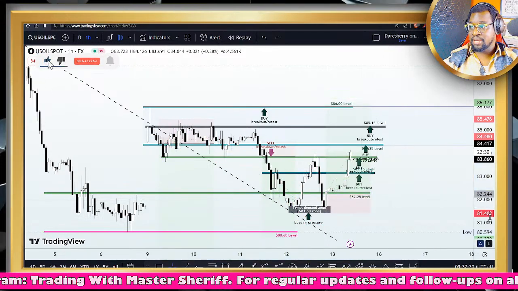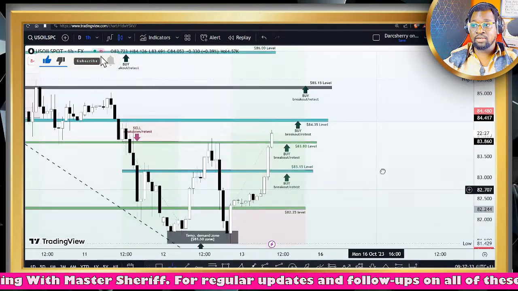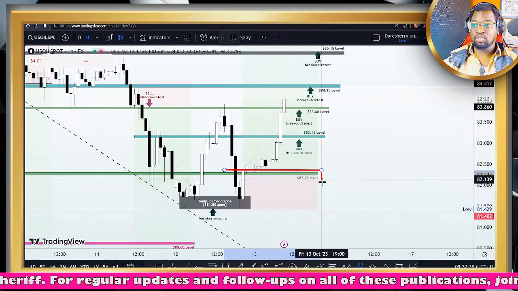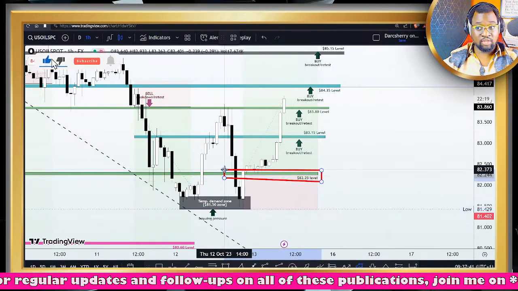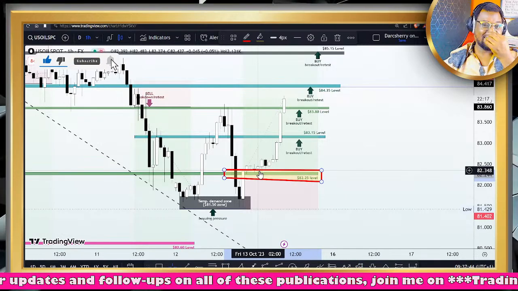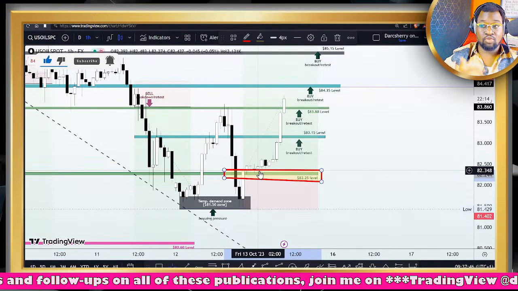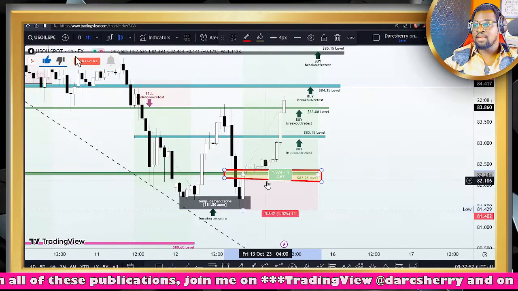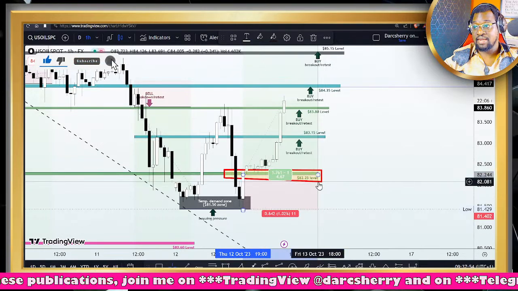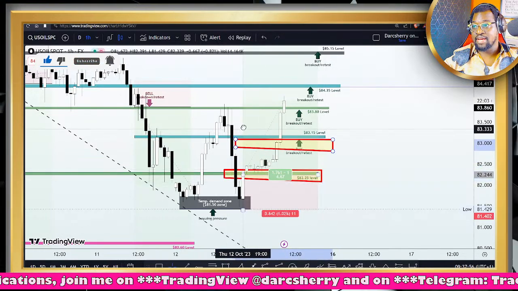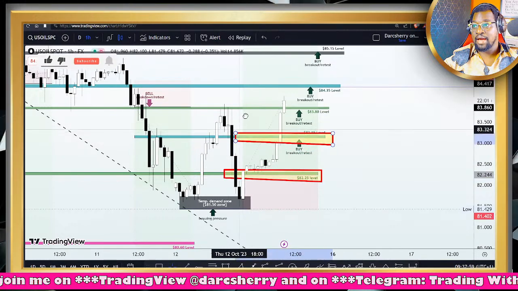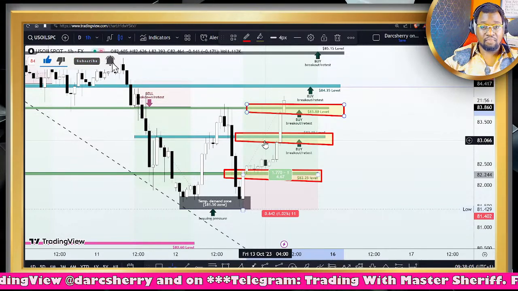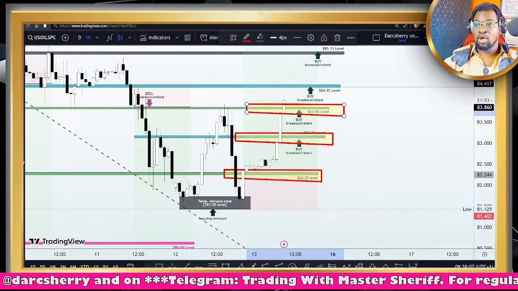Now this morning I shared an update, and at the time I shared an update this morning, price had already broken out of the $82.25 level. I actually missed out on this opportunity as this happened during the middle of the night. Of course, I was fast asleep then. So what I did here was to position myself above the $83.15 area. And if you had done that, price has broken out of that structure, and it appears it's broken out of the $83.80 level to make us maximize the potential of this bullish move.